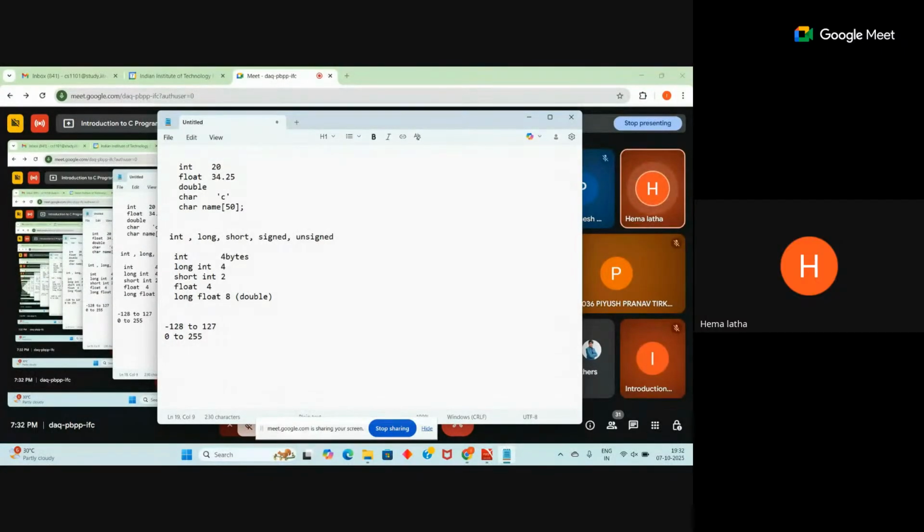So sign bit can also be used for data, representing the data. In the last class I have discussed, among the 8 bits, 1 bit is reserved for sign, whether to represent it as a positive number or negative number. We use that bit. Only the remaining 7 bits can carry the